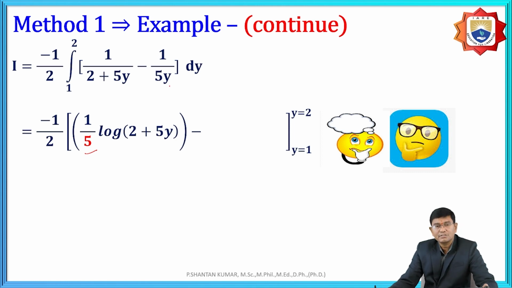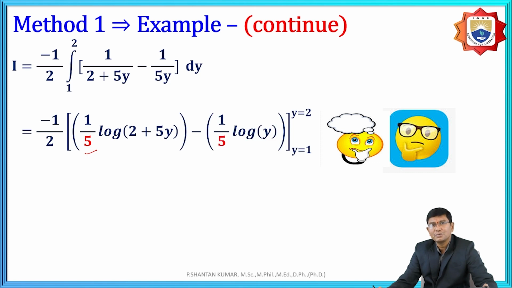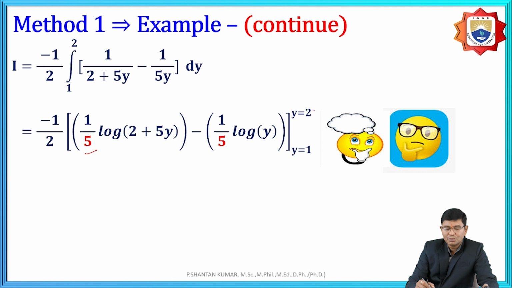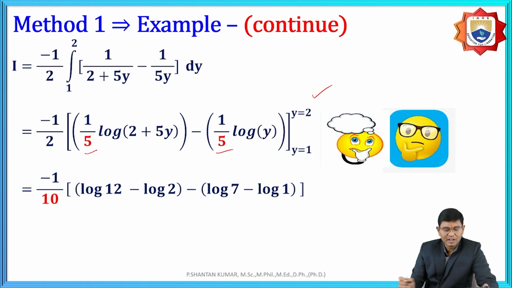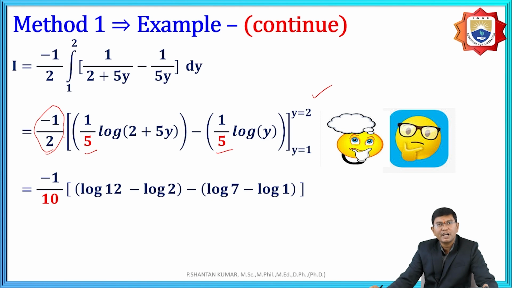That means minus 1 by 5 is a constant, the rest of the thing is 1 by y, and the integration of 1 by y is log y. Therefore, minus 1 by 5 into log y, with the limits y equal to 2 and 1. By replacement here also, we need to take out the common factor, 1 by 5, outside. Based upon this, minus 1 by 5 taken out, and already there is minus 1 by 2, that means minus 1 by 10 into